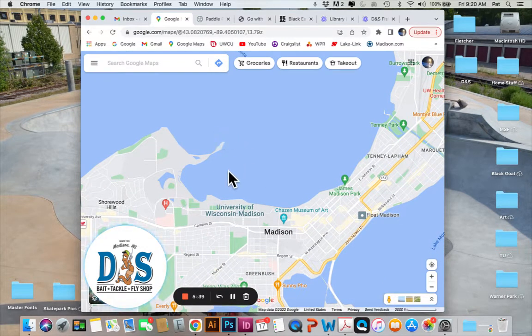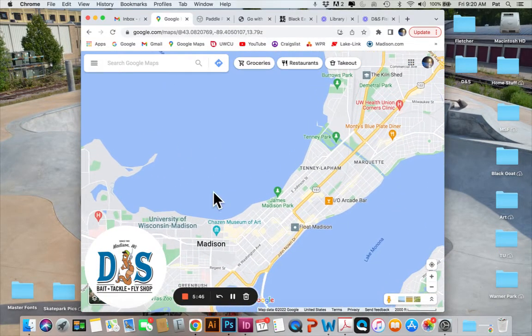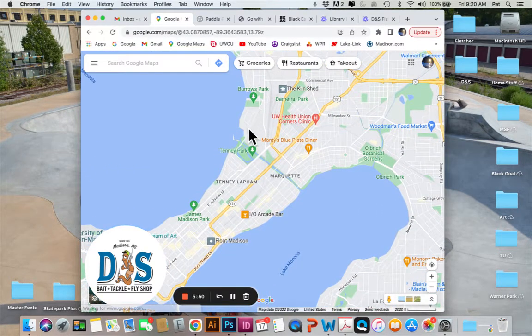I've heard about some perch in the Picnic Point area, bluegills in University Bay. Again, a lot of the beds are out deeper, from what I hear. Walleye along the city shoreline still, those fish are moving out a little deeper. And a great mixed bag coming out of Tenney Park,